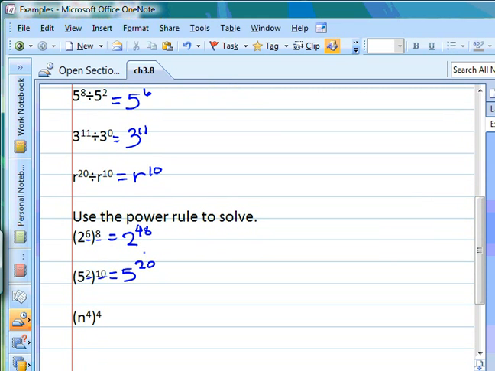And our last example, n to the 4th power to the 4th power again would equal n as our base, we have to keep that, and then multiply 4 times 4 to get 16 as